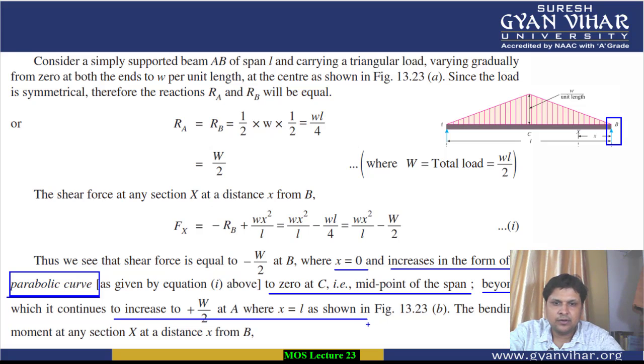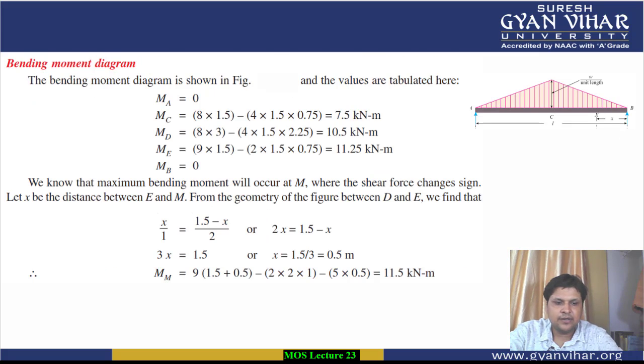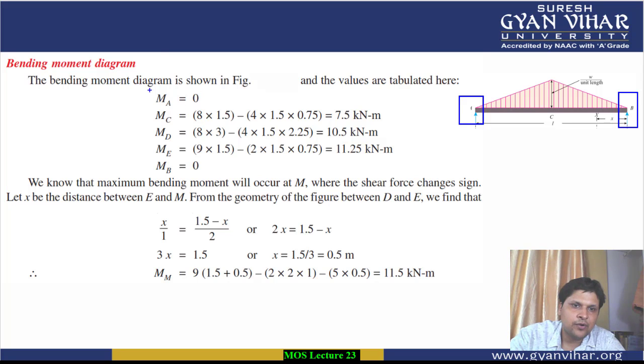So the diagram which you will see will be in this form. The diagram, after calculation of bending moment, we will show you. So how will we calculate the bending moment? One thing is very clear, that the bending moment at A and B, these two are the support points where the beam has been supported. So the bending moment at these 2 points, at A and at B, will be equal to 0.